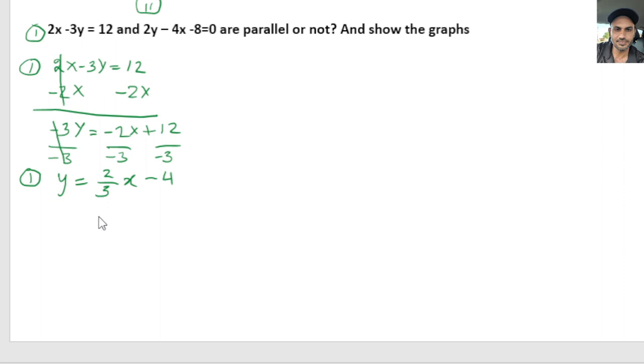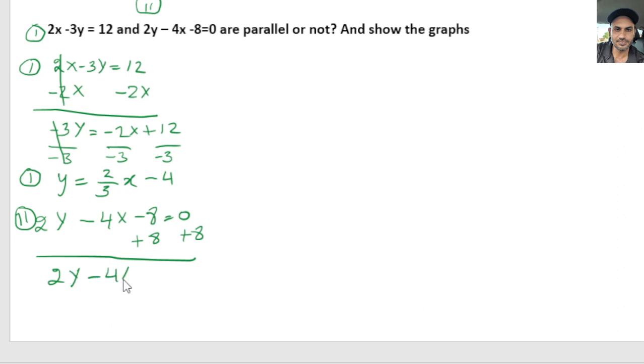Now we go ahead and look at the second line. We have 2y minus 4x minus 8 equals 0. So we move everything else besides y to the other side. So we add 8 on both sides. First, we have 2y minus 4x, and this 8 and -8 is gone, so you're left with just 8 on the other side. Now we move 4x to the other side. So we add 4x on both sides of the equal sign. So what it does is cancel out this one, and you're left with